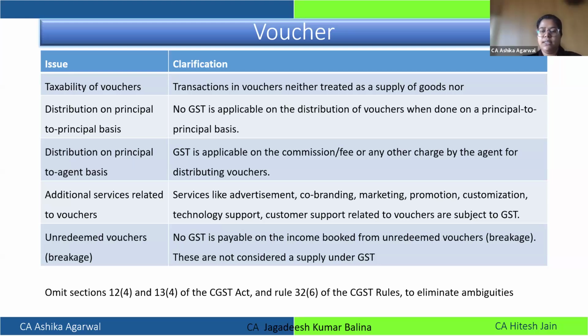Then the second issue arises. Okay, it is a case where I am getting the voucher redeemed, at that time taxability will work in that fashion. But what would happen in case the voucher does not get redeemed at all? At that time, they are saying no GST will be applicable. Over here, the chain has got broken because once the voucher has expired, it has no value, it can't be redeemed. Nothing has been got by the principal also. There is no income earned by giving the voucher also. Therefore, no GST will be applicable on it.